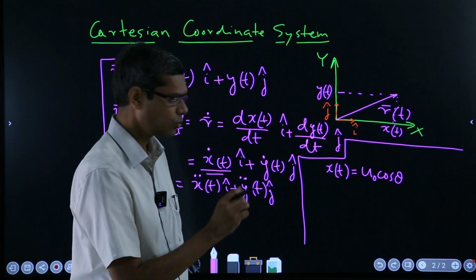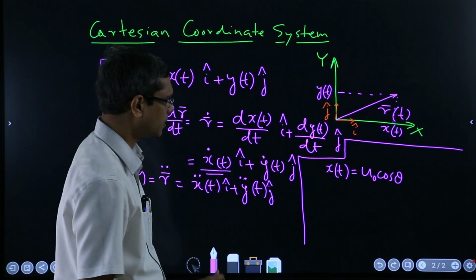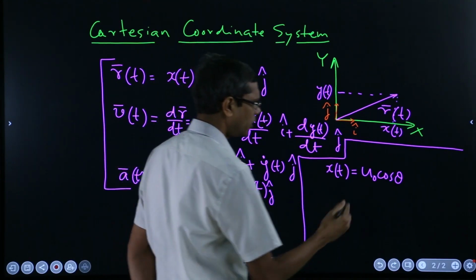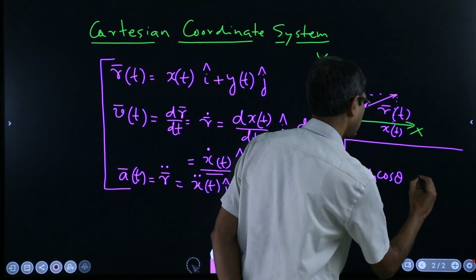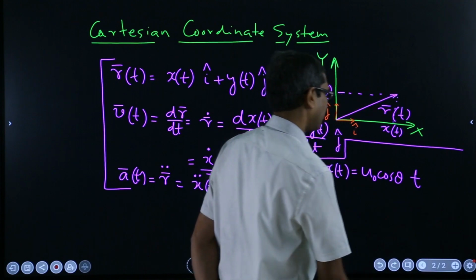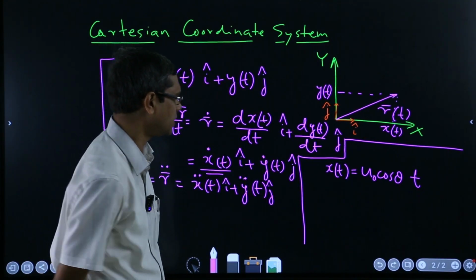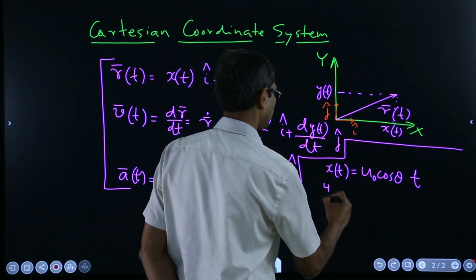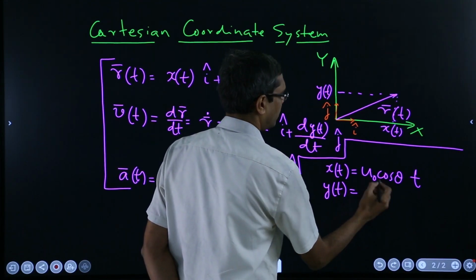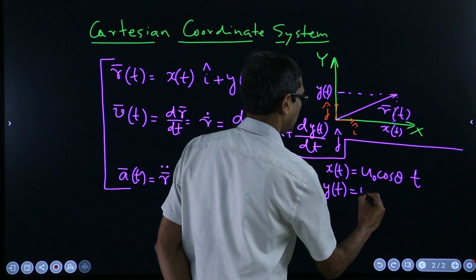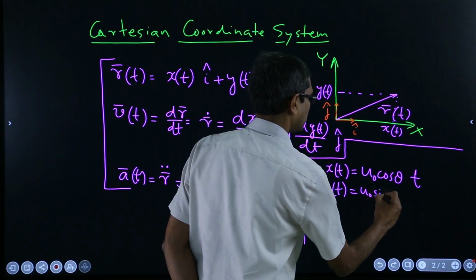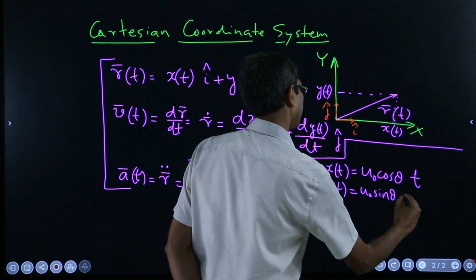So u naught cos theta is the horizontal component which doesn't change, times time. Okay, so that is how the distance will change, and similarly y of t will become u naught sine theta